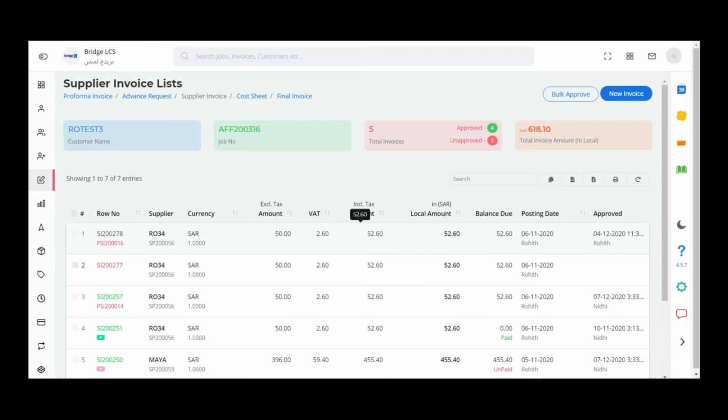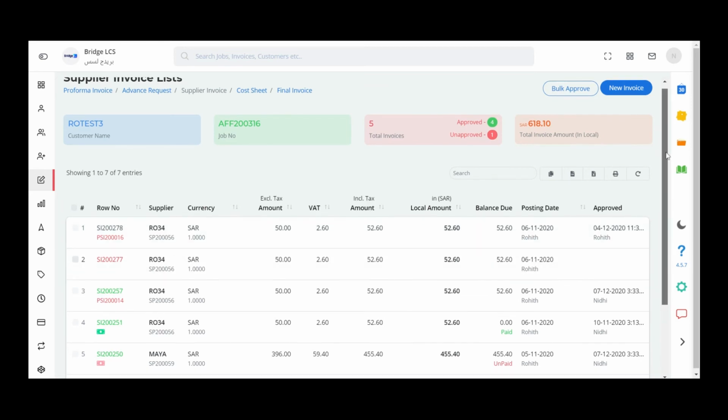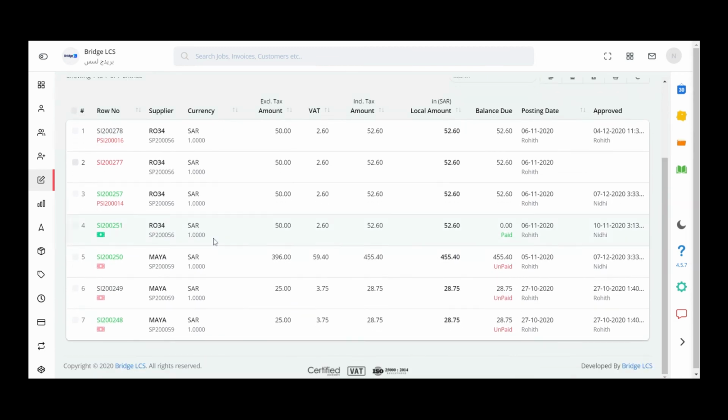This table has a list of supplier invoices with the invoice amount, tax and balance to be paid. You can differentiate the paid and unpaid entries using the symbol given here. If this symbol is in green color, then the invoice is paid, and if it is in red color, it is not paid. You can also refer to the status of the payment here. In order to convert the status from unpaid to paid, you need to create the payment voucher and approve the same from the finance module. The creation and approval of vouchers will be explained in a separate video in detail.